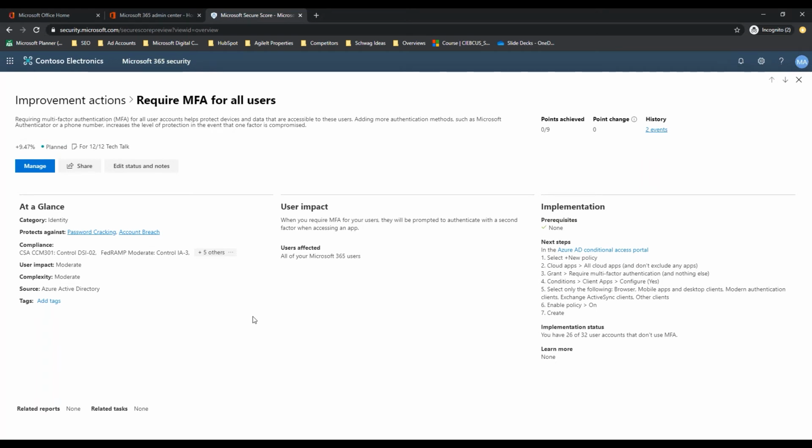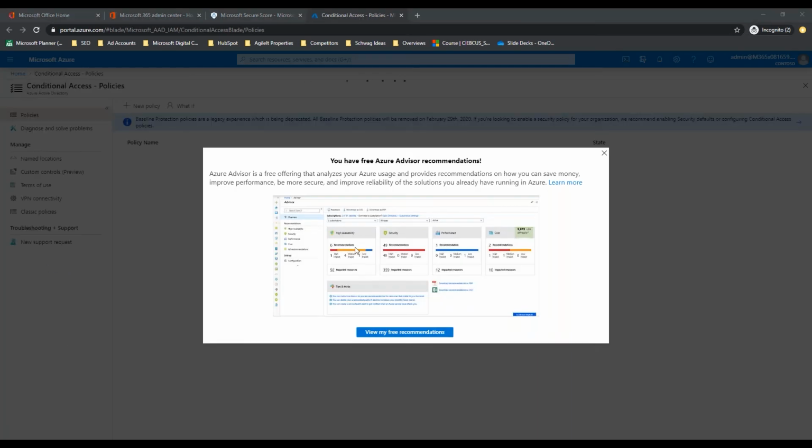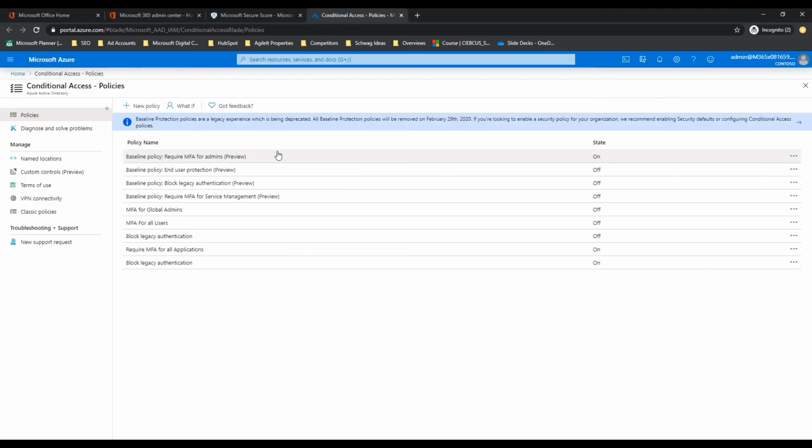And that comes back to the next thing that we're going to be doing today, which is enabling the policies to block legacy authentication. So again, it's really easy to get started here. We're going to go ahead and click there, and that's going to bring us into free Azure advice. Oh, I do not need to see free recommendations. Always something new. All right, so we're going to go ahead, and in order to require MFA for all users,